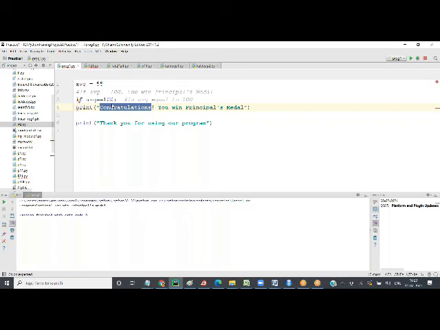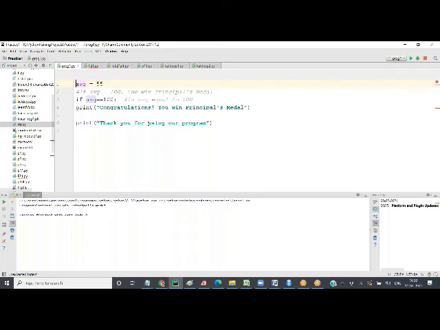Indentation is very important in Python. You cannot give even one single space in the beginning. If I give a space here before average, it will throw an error, because by default all the lines of code are for the main program. All the statements that we write are for main.